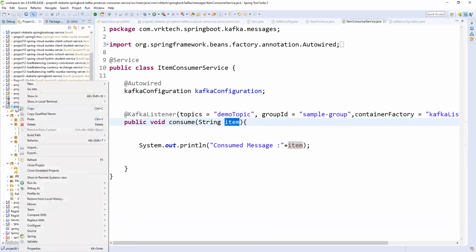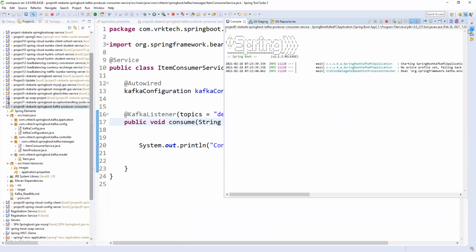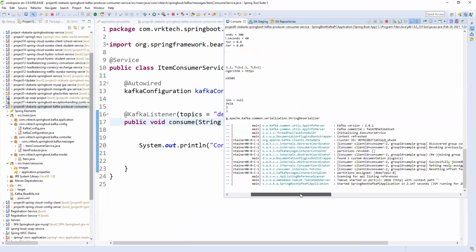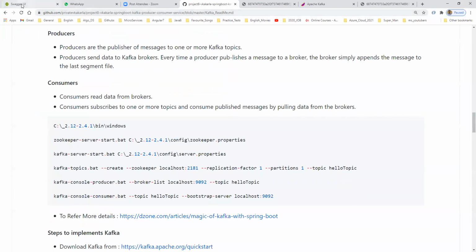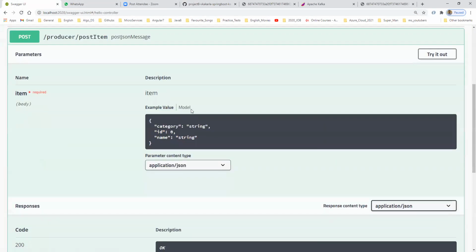So let's see how it will work. I'm running the project now, the Spring Boot application, in debug mode. Yes, it is running. The project is started, and I'm disabling the debug. Now I'm opening Swagger, the controller.